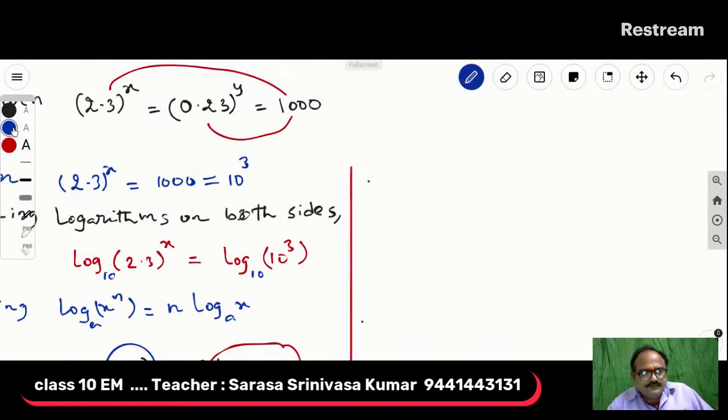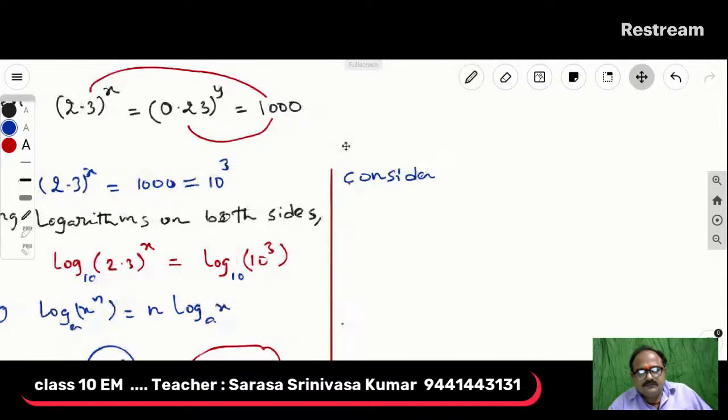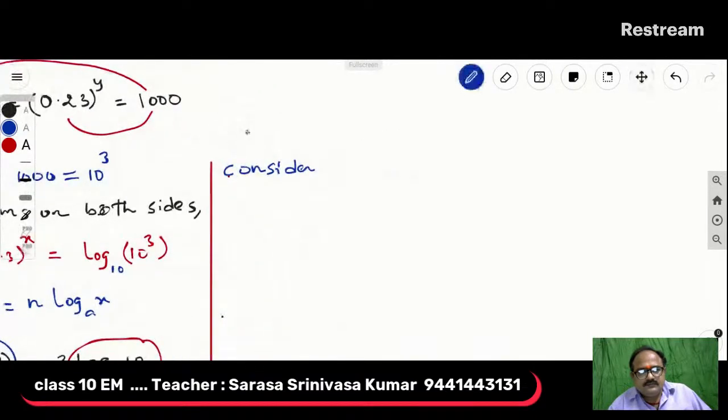Consider 0.23 raised to the power of y equal to 1000. This can be written as 10 to the power of 3. Taking logarithms on both sides,